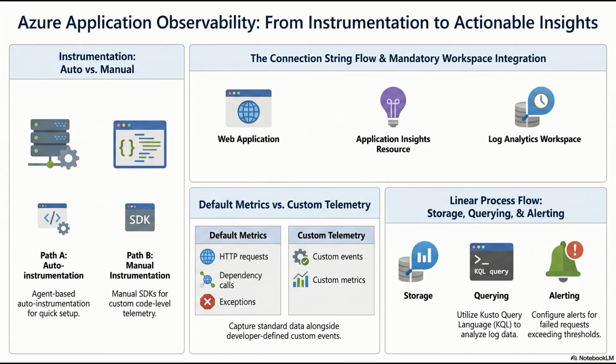Right. Standard deployment. The deployment says success, but immediately after, I go to configure another resource like an app service, and I try to link it to my brand new workspace. But the drop-down menu is just empty, the workspace is completely invisible. Yeah, I've seen engineers tear their hair out over this. This is a classic lesson in the eventual consistency of cloud control planes. So what's actually happening there?